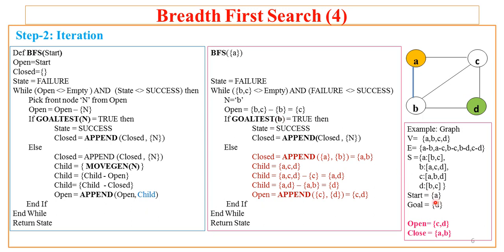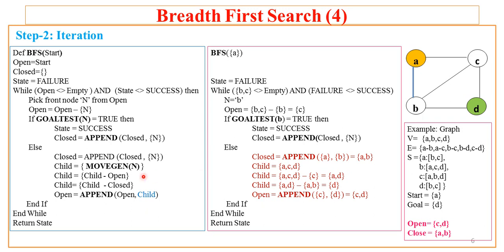So our goal to be found is D. So this fails, so it returns false. As this if condition fails, it gets into the else part, and like our earlier iteration, it will take the closed list, whereas our closed list was having element A, and our new node to be inspected is B, so it is appended and we get A and B as the new closed.